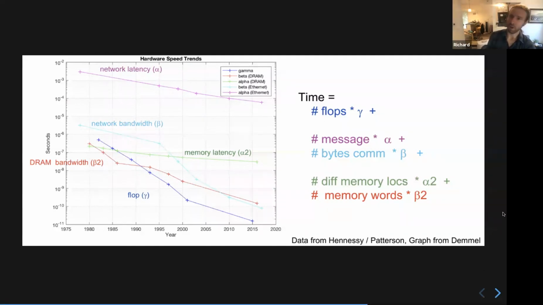So if we are using some kind of computer network, this collectively implies that we want to send fewer messages because each of those messages takes a long time to send. And that means we should pack data into larger messages. But collectively, this means that we should avoid communication as much as possible, because not only is this significantly slower than any data movement we do in a single computer, but